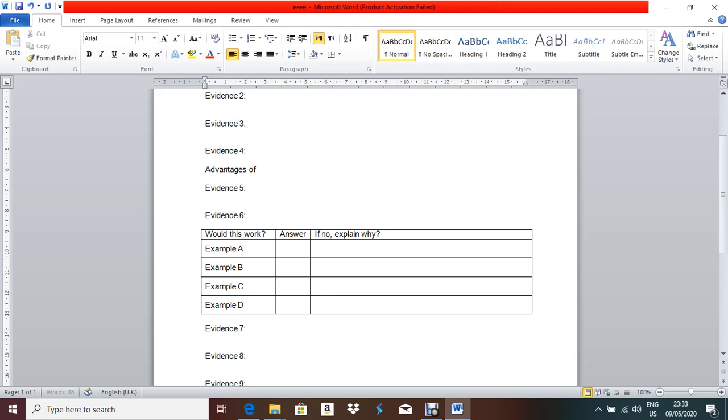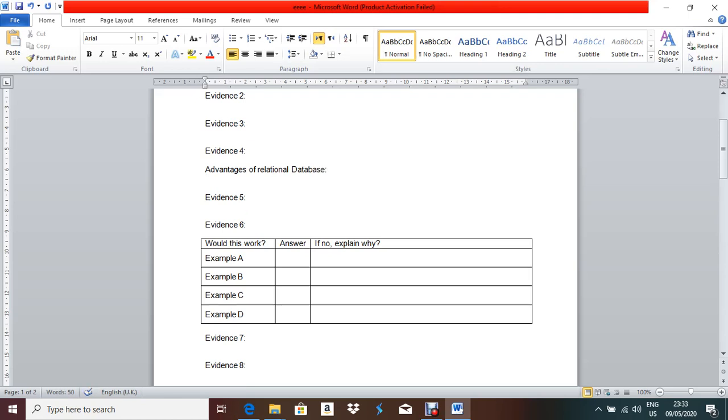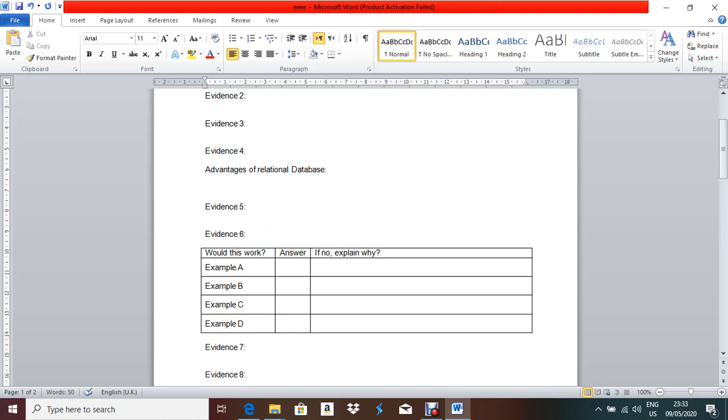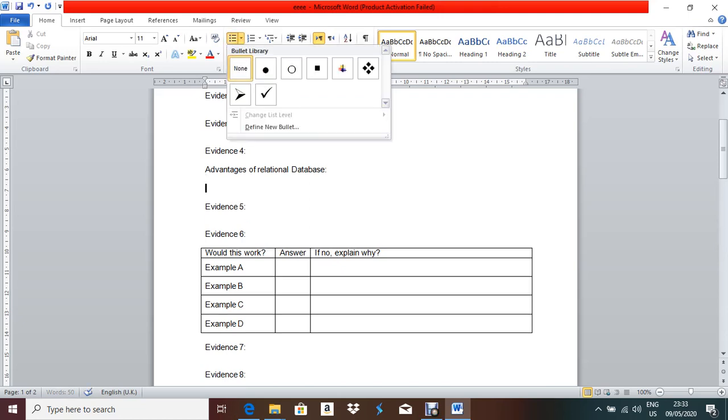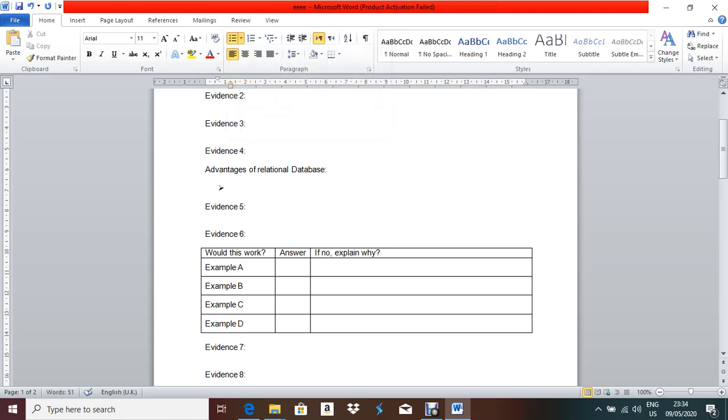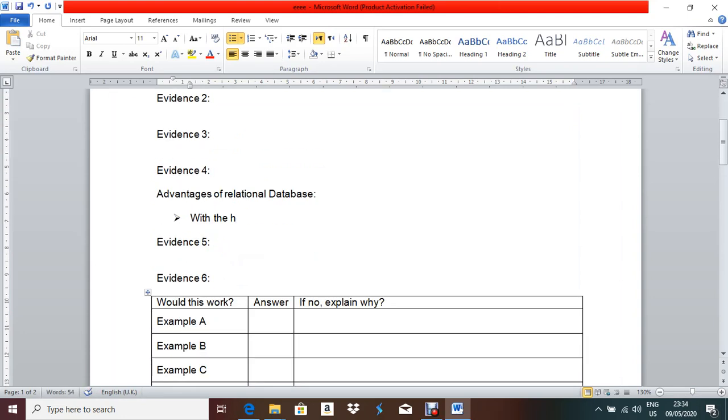of relational database. Okay, so the first advantage, you can give 1 2 3 4, or you can give some symbol here. Okay, write down, let me make it big so it will be easy for you to see, right? With the help of relational